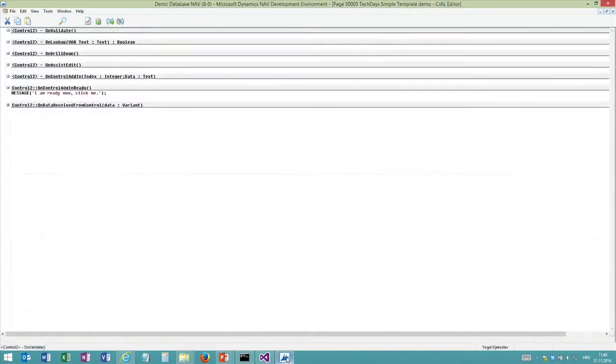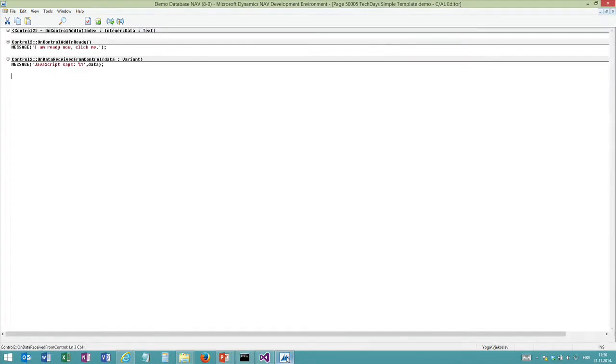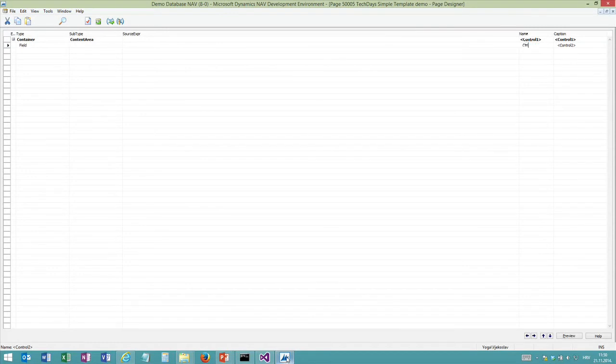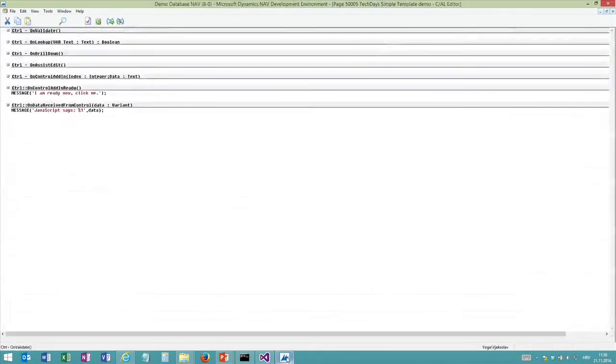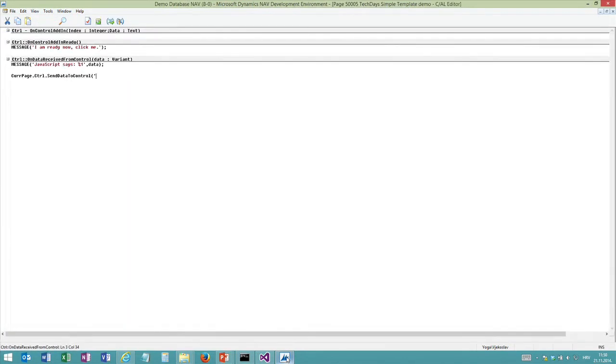I will modify this, and here I have on data received from NAV. Here I'll say message JavaScript says, and then data, and then I will immediately call it back. So I have to assign the name here, control. So I will go to curve page, control, send data to control. Okay, I've got it. So that should do. If I run this page now,